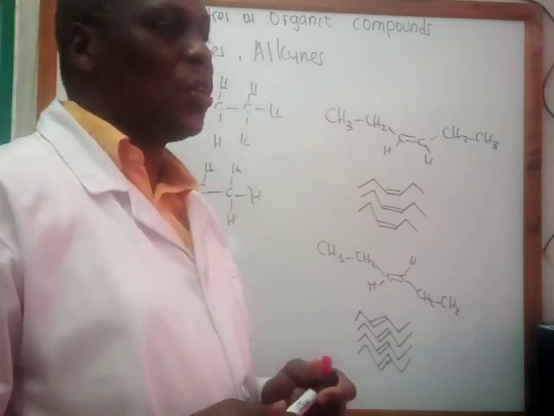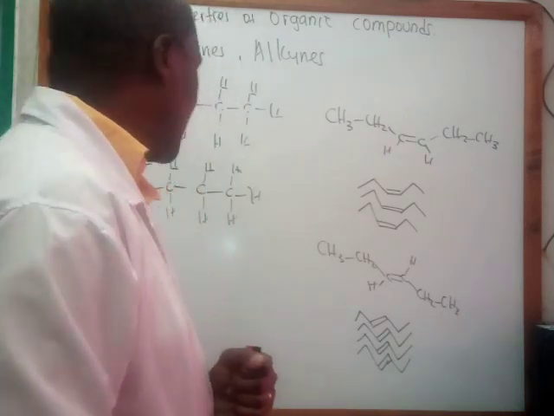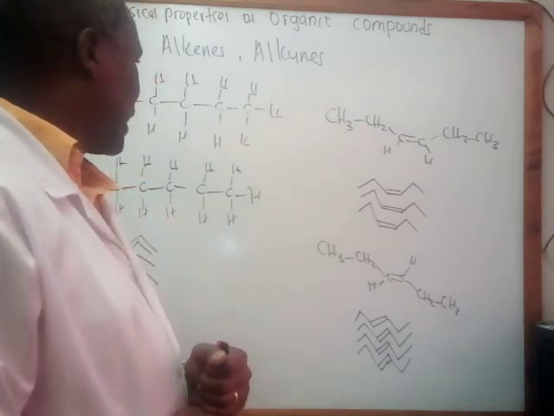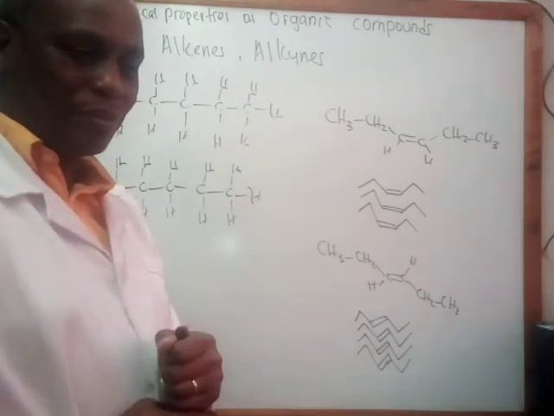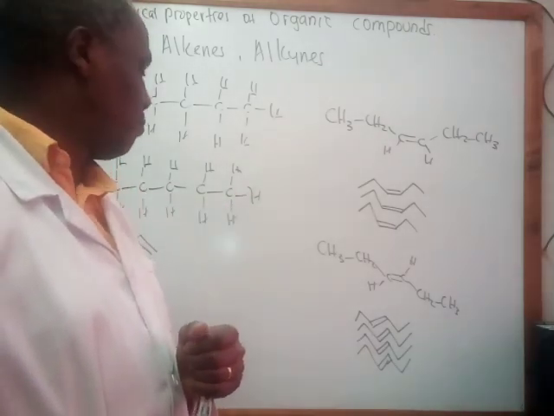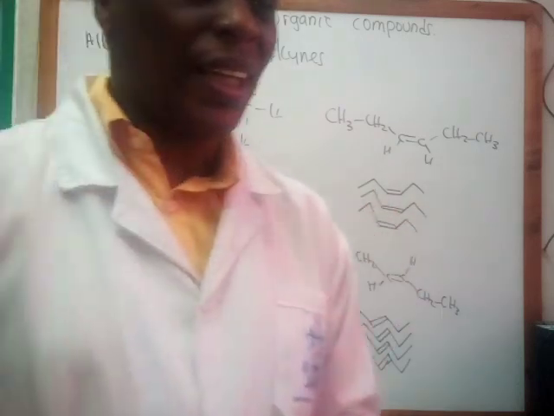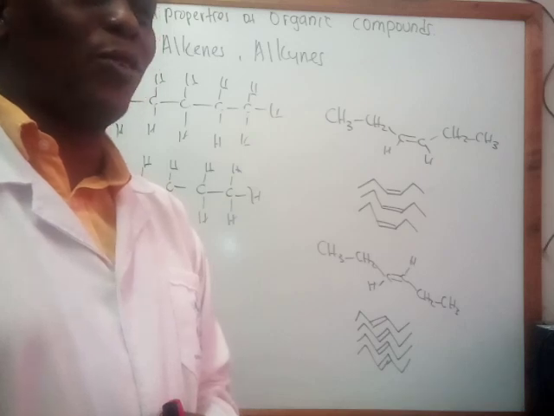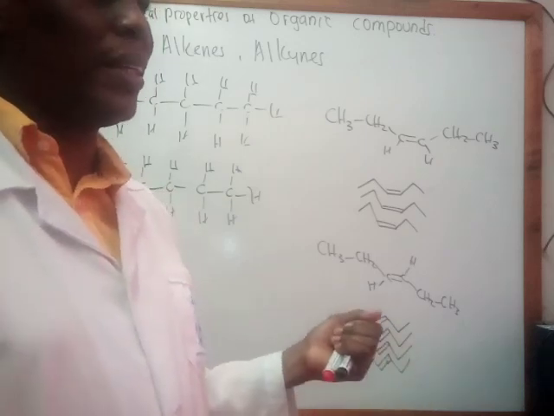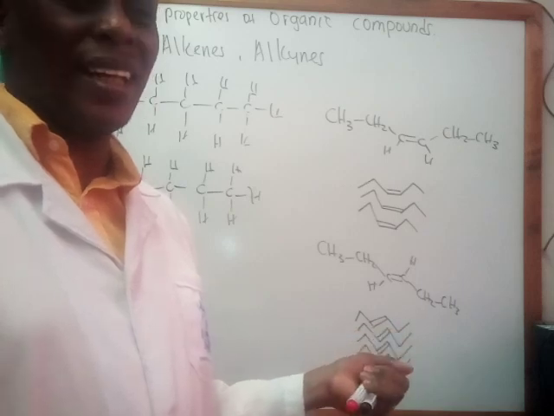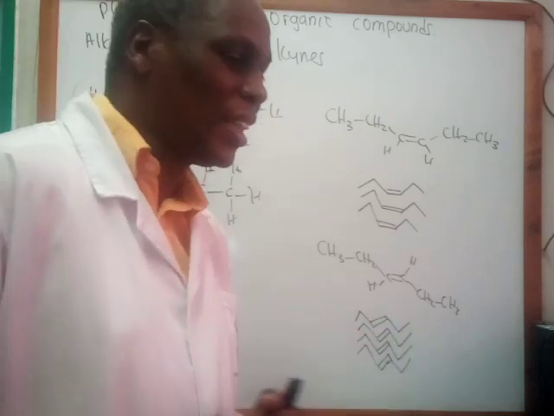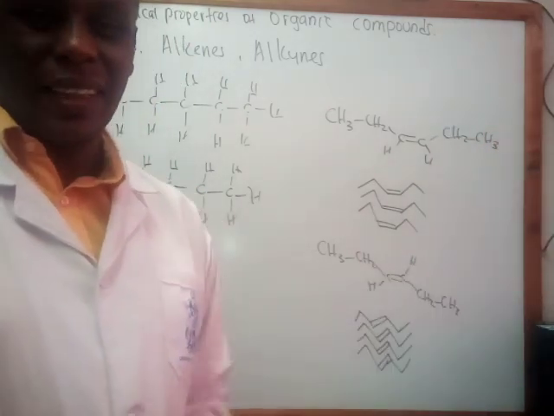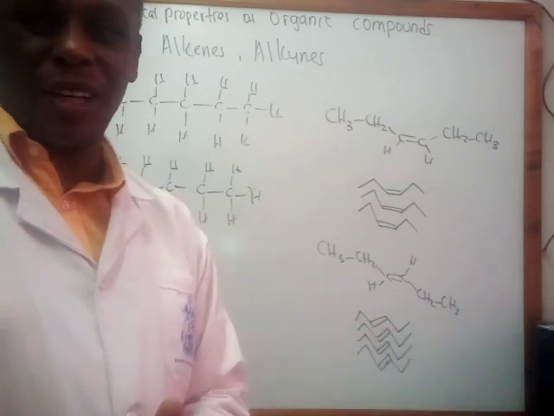Because of these weak intermolecular forces, the melting point and the boiling point of alkanes, alkenes, and alkynes are going to be very, very low. You're going to see from the tables provided in the soft copy that, for example, methane, or maybe ethene or ethyne, are very low, below negative 100 degrees Celsius. They're going to have a very low